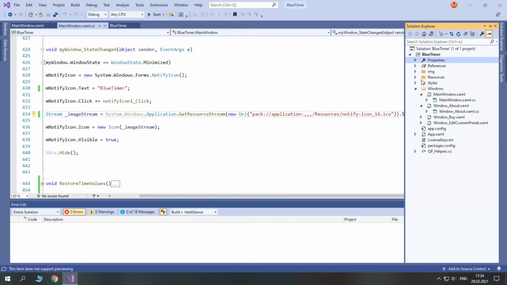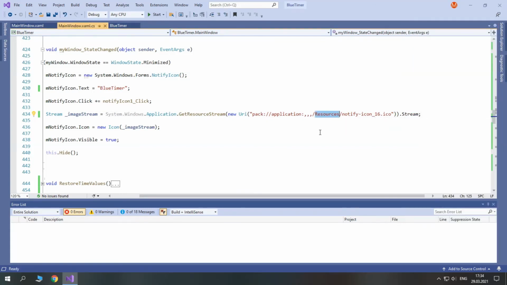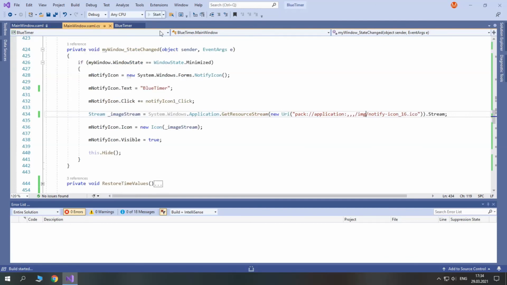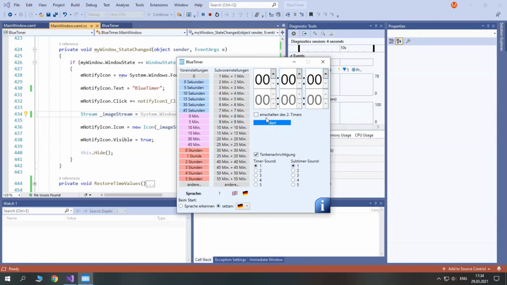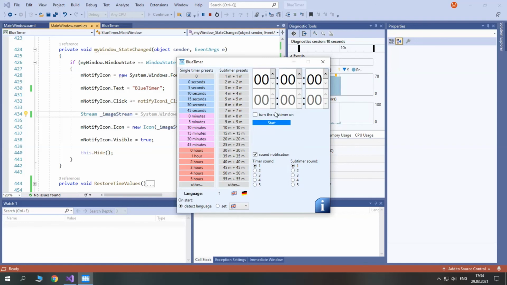Resources. Oh, it's not in resources, it's in IMG. So IMG. Let's check it again. I'll set both to 4 seconds. Oh, here. So 4 and 4. Start.